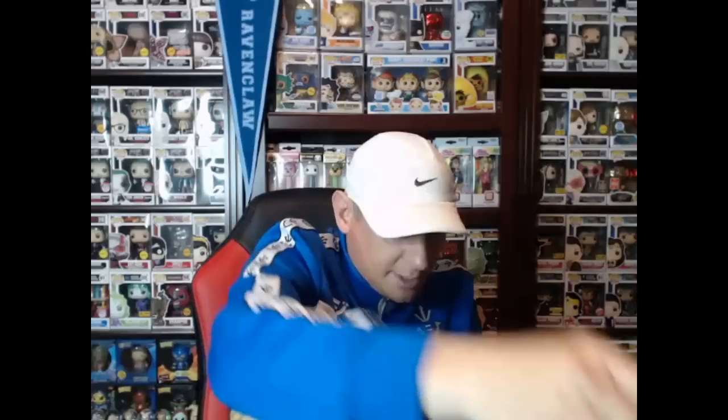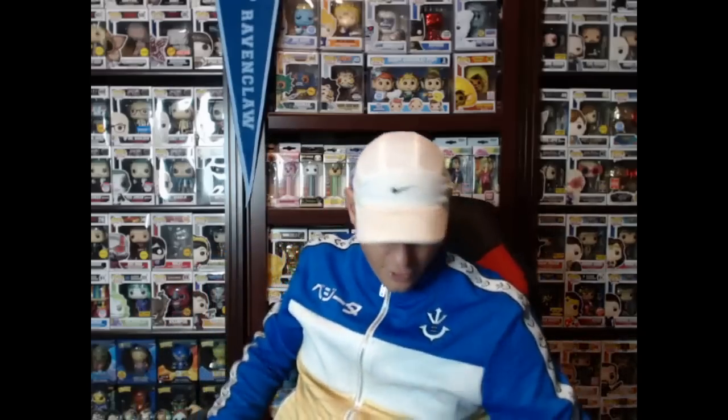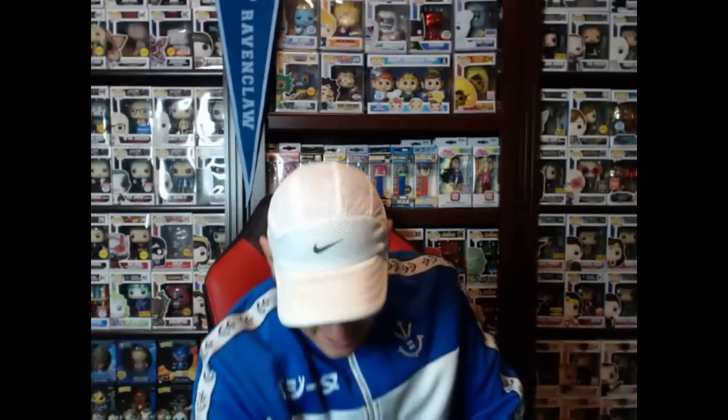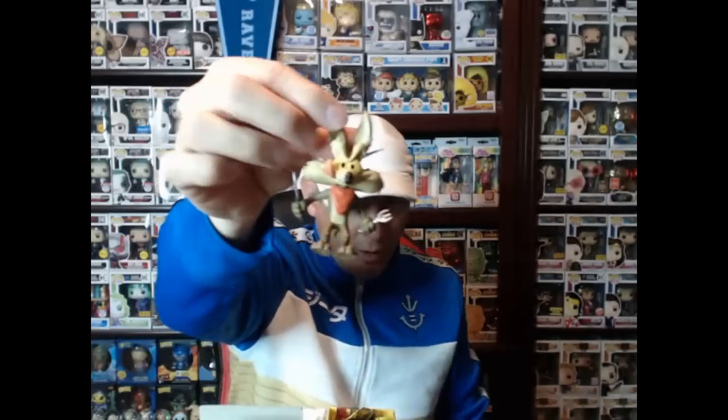So, that's pretty cool. I didn't like the waiting period. So, meaning having to wait to get the exclusive somewhere towards the end. But right under my desk I keep a plethora of mystery minis in boxes, in cases. So I do have the Wile E. Coyote. Just to show you, I do keep these. So I do have the Wile E. Coyote,